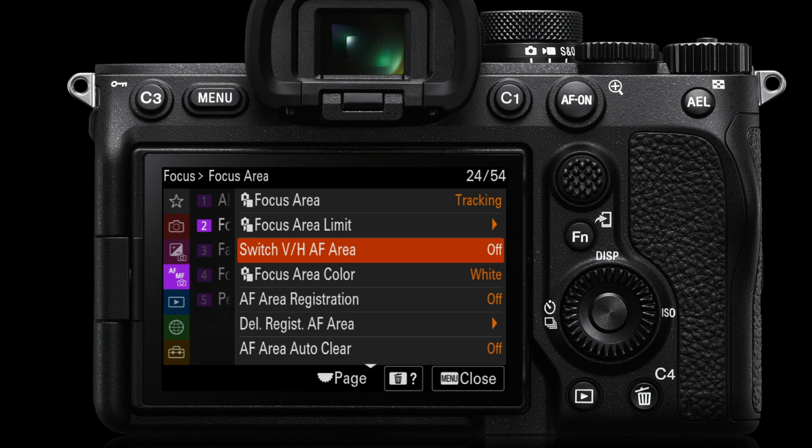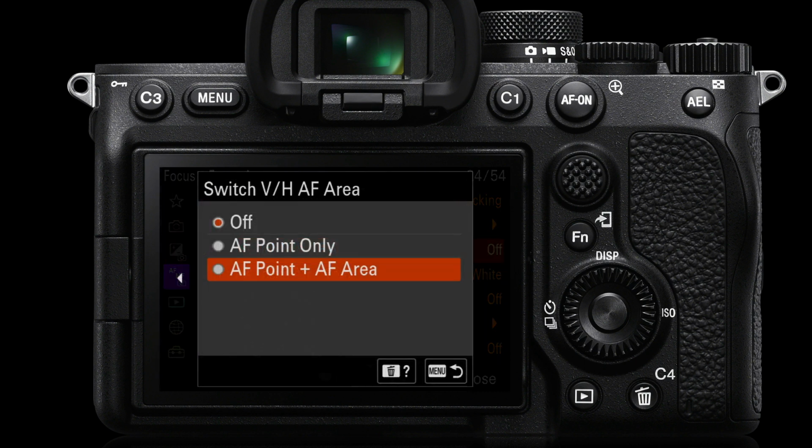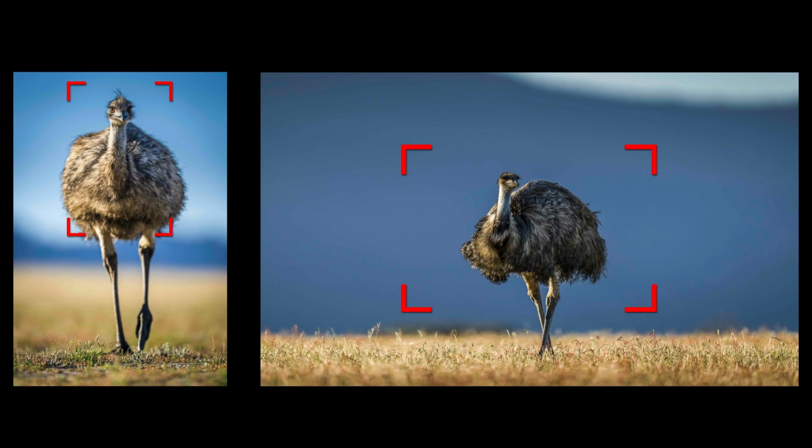Let's take a look at the switch vertical horizontal AF area. It will be off by default, but for people who often shoot in the vertical orientation and are tired of moving the focus point to a different area of the screen, this could be a game changer for those photographers. So let's go down and choose AF point and AF area,